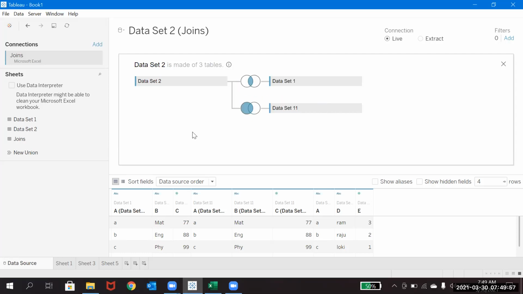You are considering one as a primary data set, and you are connecting it to multiple data sets. At the same time, it's not necessary that everything has to come from one data source. Okay, so now we have one table which is a join here, and we are considering it. But you might get data from other data sets also.